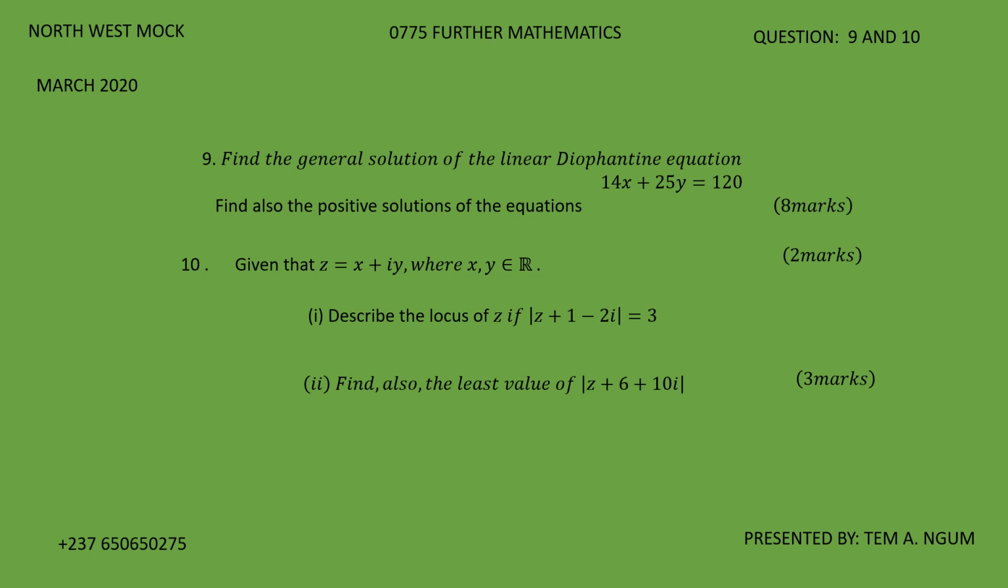Today we are going to be looking at Northwest Mock March 2020 Further Mathematics question 9, question 8 and question 10. Now the first question, as you can see on your monitor, says: find the general solution of the linear Diophantine equation 14x plus 25y equals 120. Hence, we should find